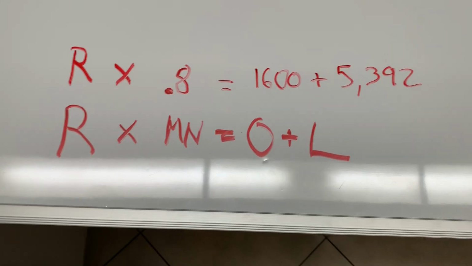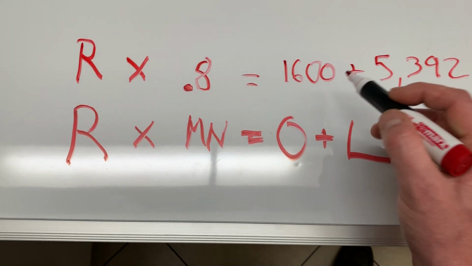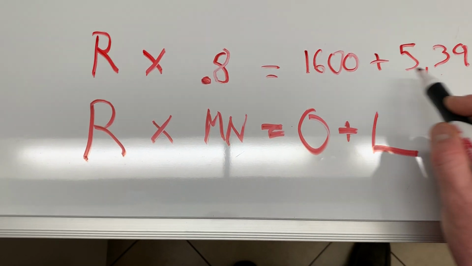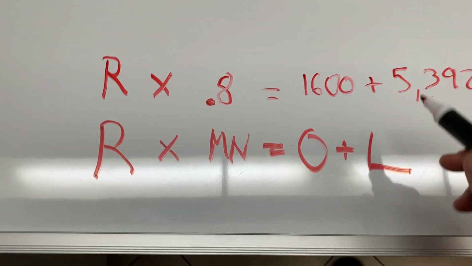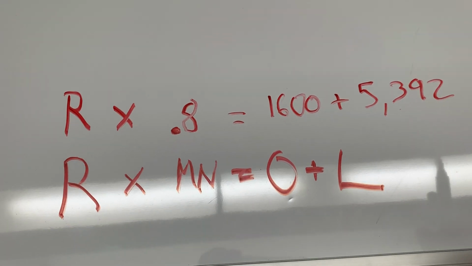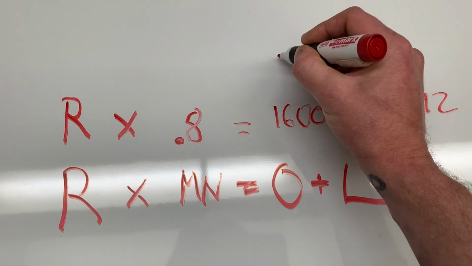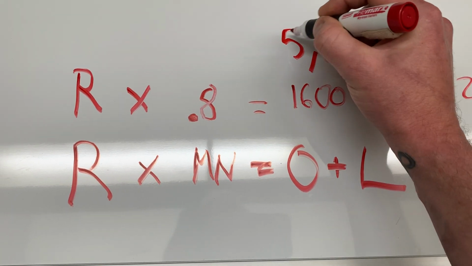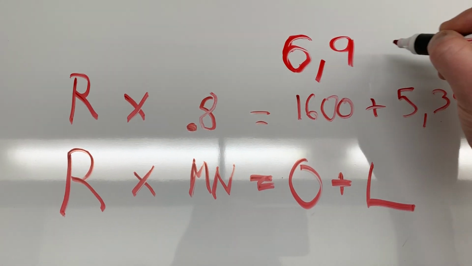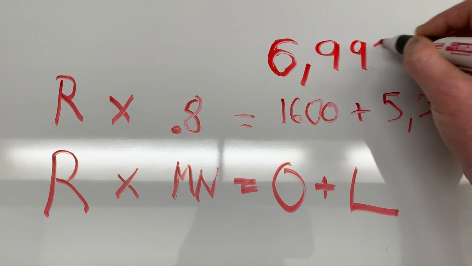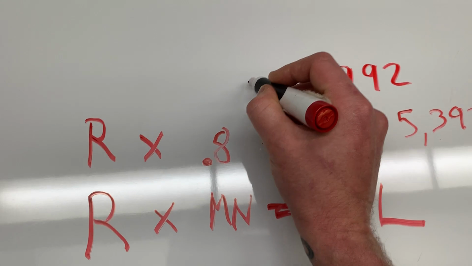So now you have to think back to high school algebra. How do we solve an equation like this? Well, first thing we're going to do actually is add up these two numbers right here and bring them to a total, O plus L. We figure out what this total is on this side of the equal sign. So 5,000, 6,000, it brings it up to what? 6,992, I believe, because 6 plus 3. Yeah, that looks about right. 6,992, which still equals